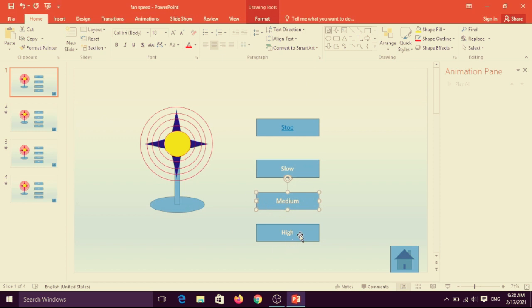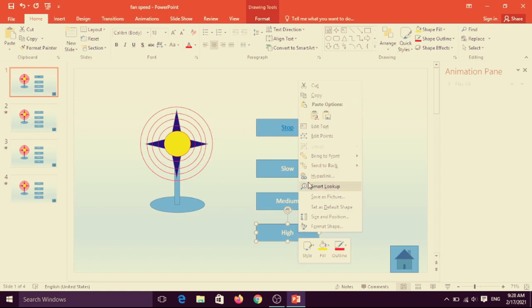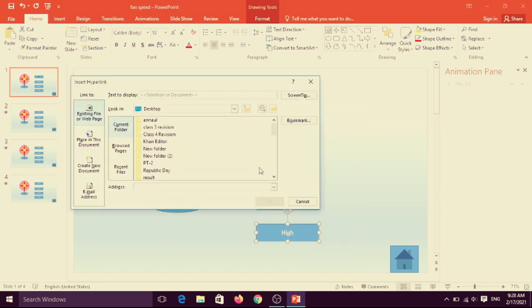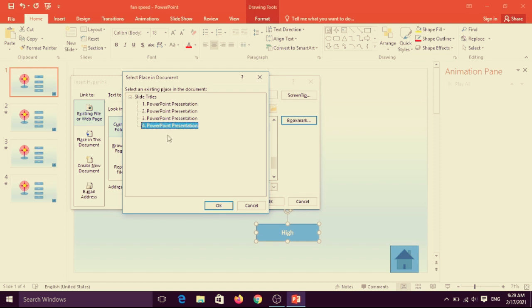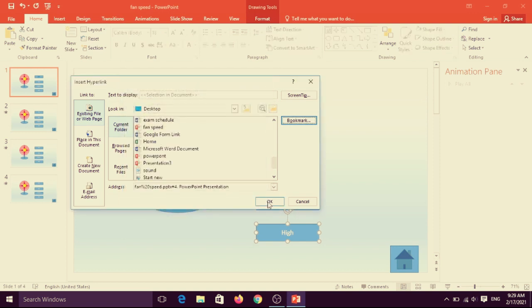And last one, high speed, right click, hyperlink, choose your file, fan speed, and bookmark is fourth number, and click on OK button and then OK.